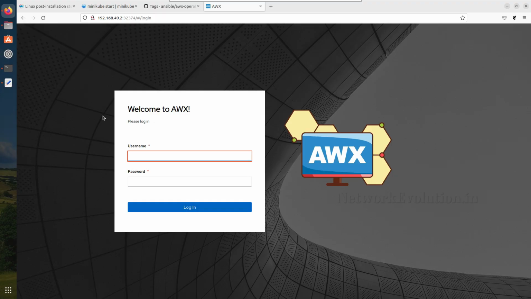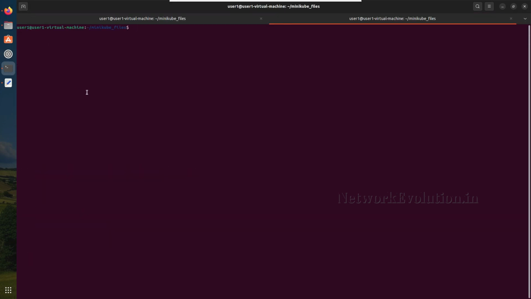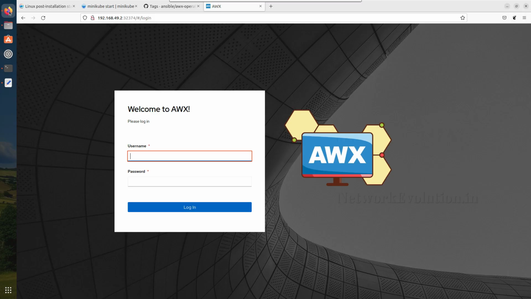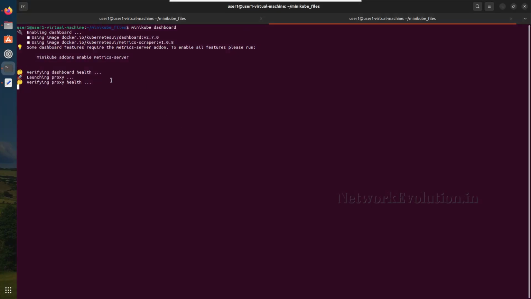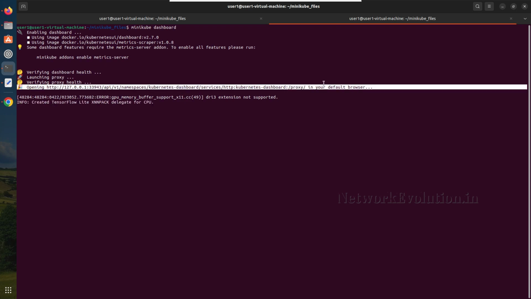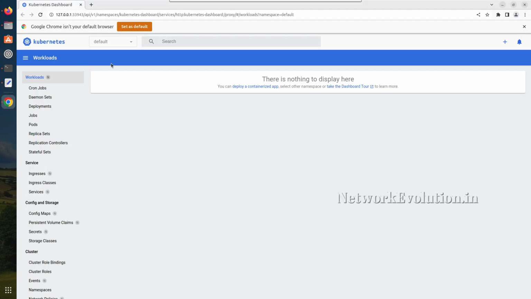Now to get the password, either we can get it from CLI, or here I'll open one more terminal and we'll open Minikube dashboard. This will launch a browser session to the dashboard, Kubernetes dashboard. Here you can see the message. This is opening in the default browser, and here this has opened